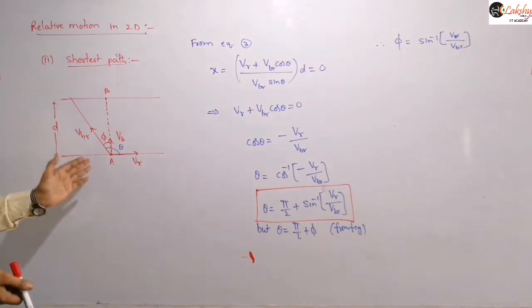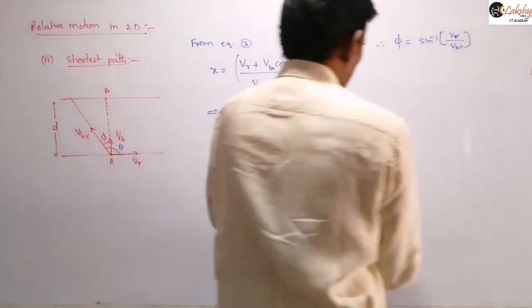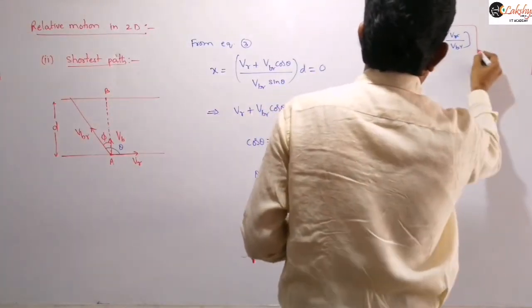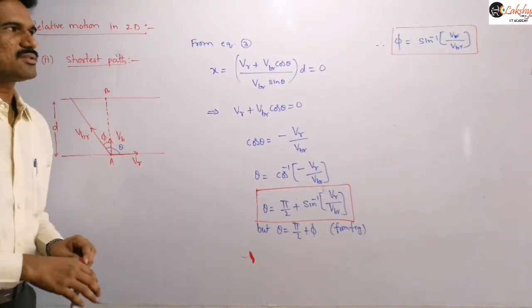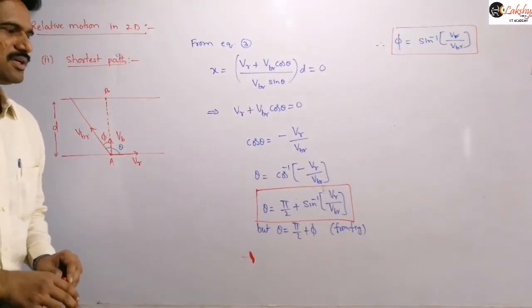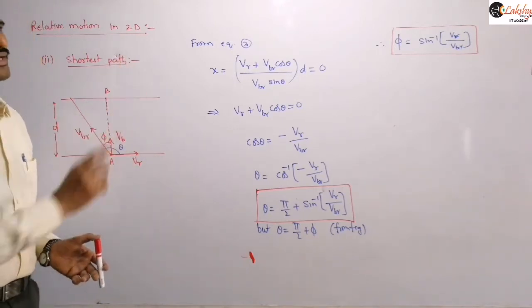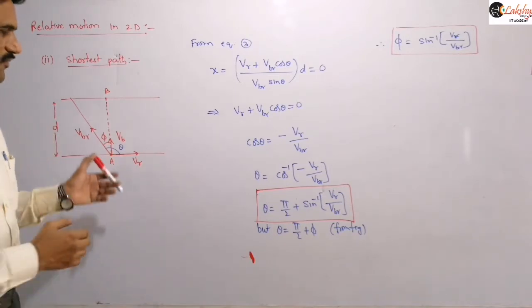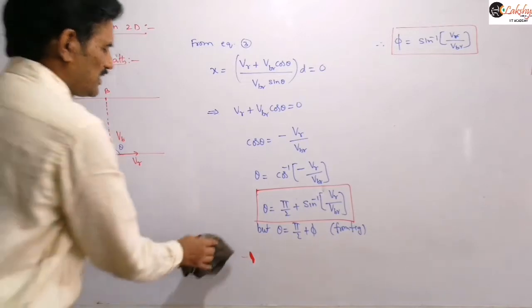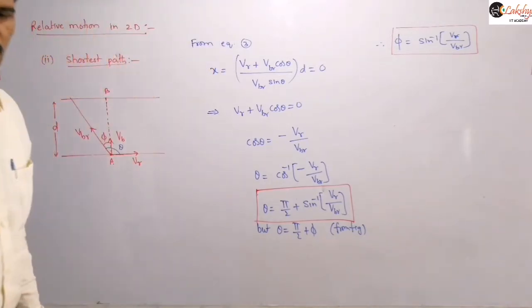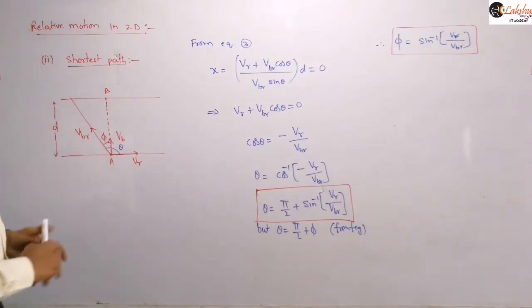And sometimes they will ask with the normal to the direction of the river flow. With the normal to the direction of the river flow means this angle you need to answer here. Got it? So this angle is with respect to the river flow, that means with the direction of the river flow, or you can say with the bank. And that angle is with the normal to the direction of the river flow, this angle. So instead of doing all this calculation, you can also directly write these angles just by considering this diagram.